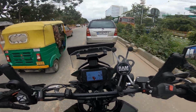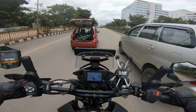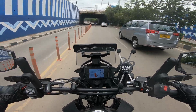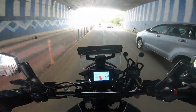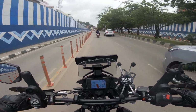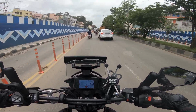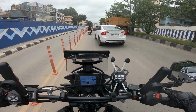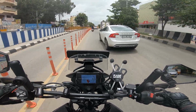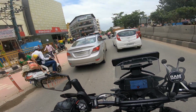I absolutely love it when three equally slow guys are trying to overtake each other. It's just totally awesome. Something odd is I'm not really feeling too much wind blast, but yeah, that's up to 100. I've not felt anything. I haven't been able to go beyond that. But yeah, I know that the last piece of upgrade that he's looking at for his bike is a slightly taller windshield. So essentially, if you're going to use this bike for touring and trail riding,